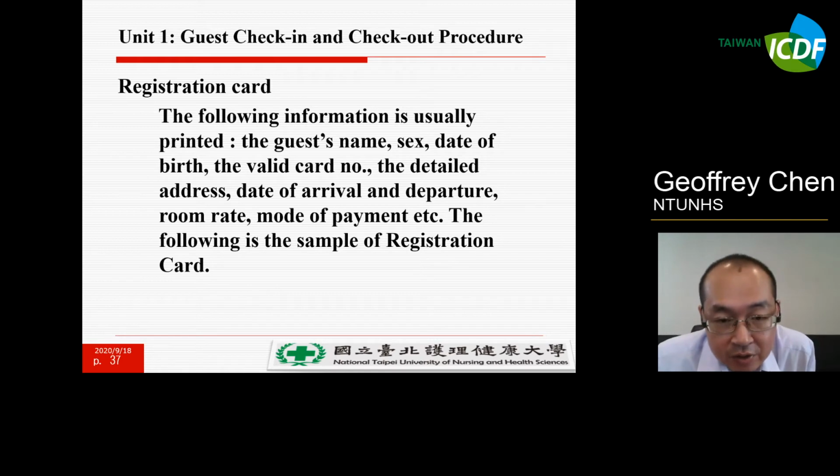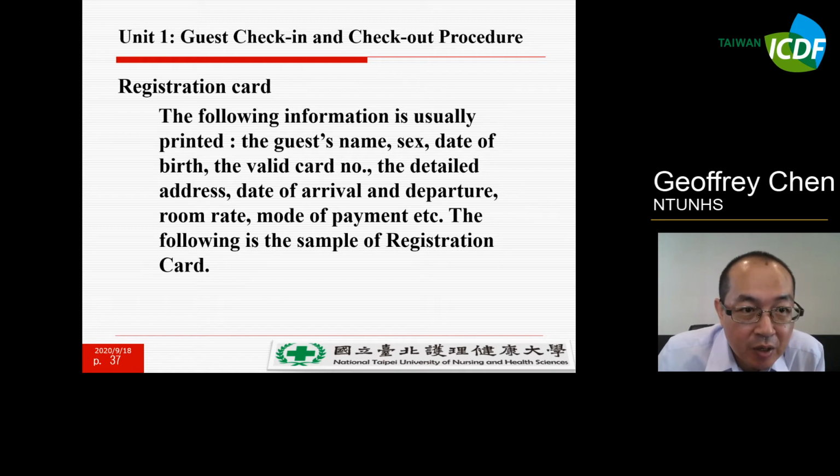Now, I will introduce some of the registration card and some working divisions. The first part is about the registration card.